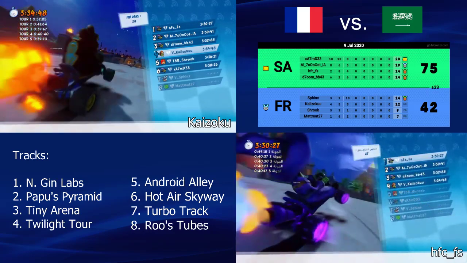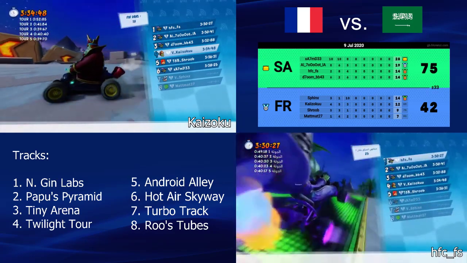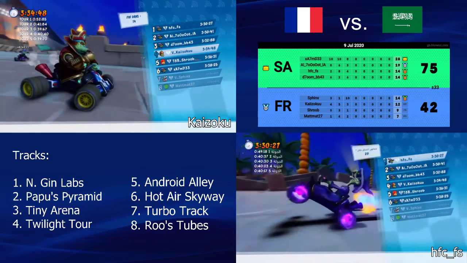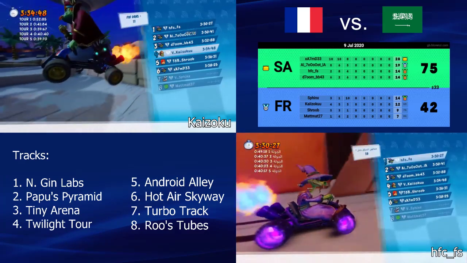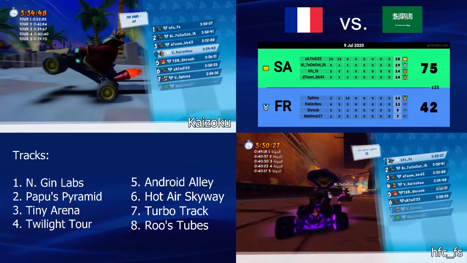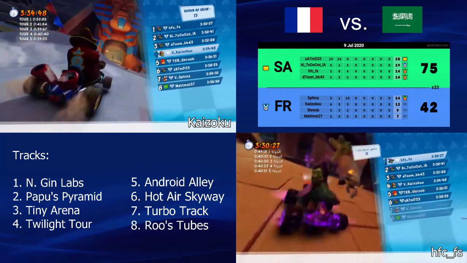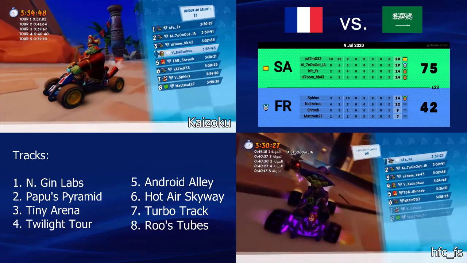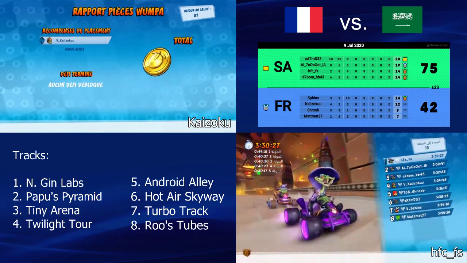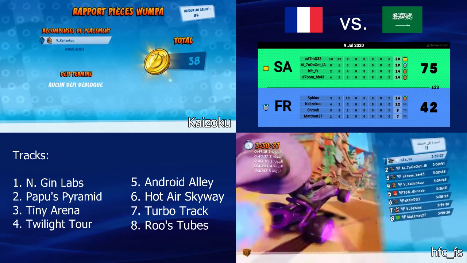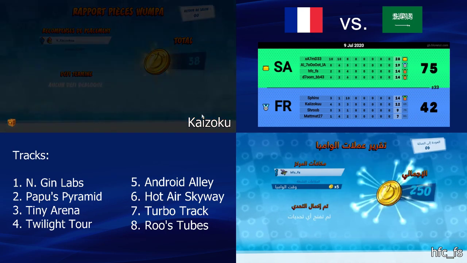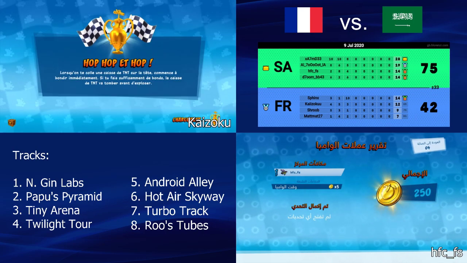I mean, it secured them 4th and 5th, but that's only a 4-point difference. They still won with 15 points, and that's just a lot. Yeah, that was a very one-sided race. But as I said in the beginning, catching up on Twilight Tour is pretty hard if you don't get a power item. You don't want to fall behind on Twilight Tour at the start, because then it's just game over.